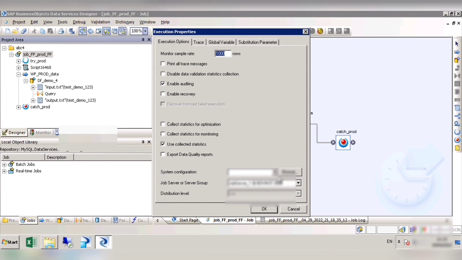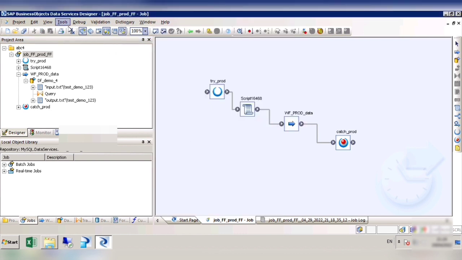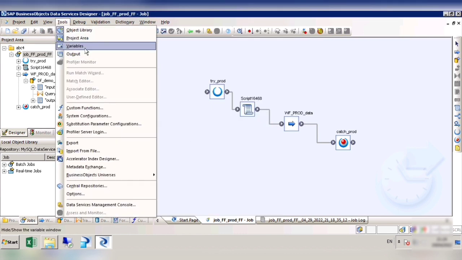Here, if you have any configuration, I have created some configurations. Configuration 1, system configuration dev, corresponds to the development database, and system configuration product source is for the source system, or you can say the production system, if the nomenclature says so. It depends on you what naming convention you are following. But this is how you select the system configuration. The third thing here is variables, which we have already discussed. Then the important thing here is